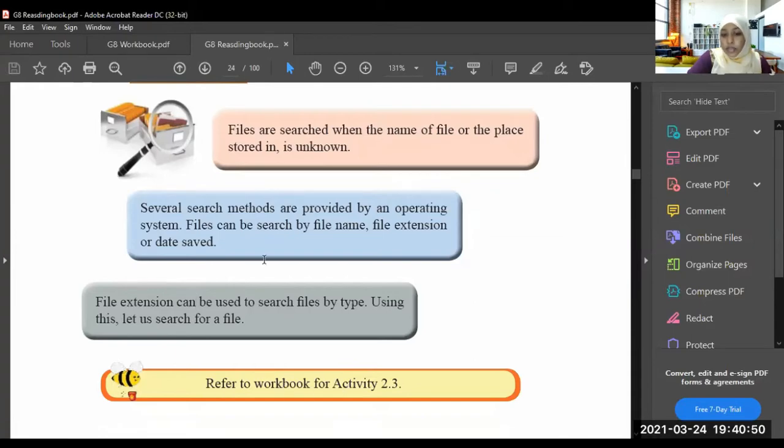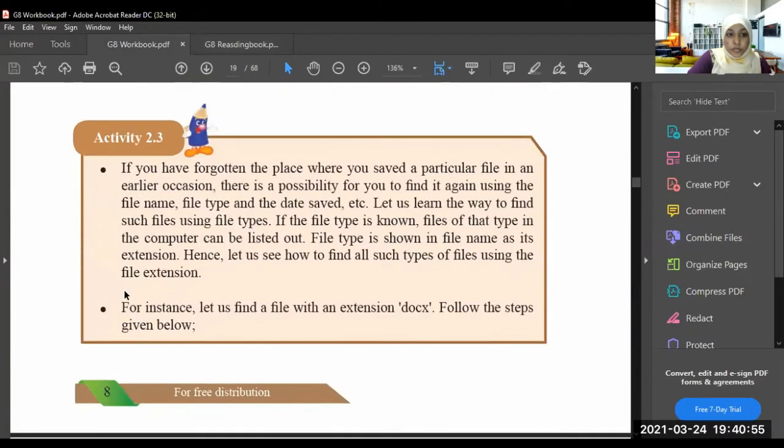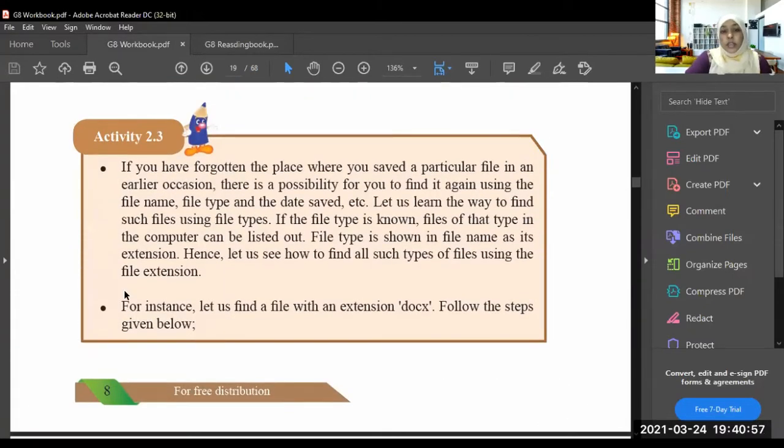So in your workbook, the activity 2.3, this one, right? If you have forgotten the place where you saved a particular file on an earlier occasion, there is a possibility for you to find it again using the name of the file type, and the date saved, etc. Let us learn the way to find such files using file types.